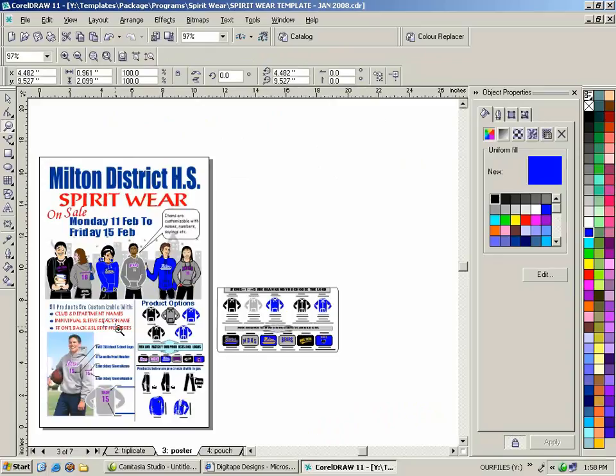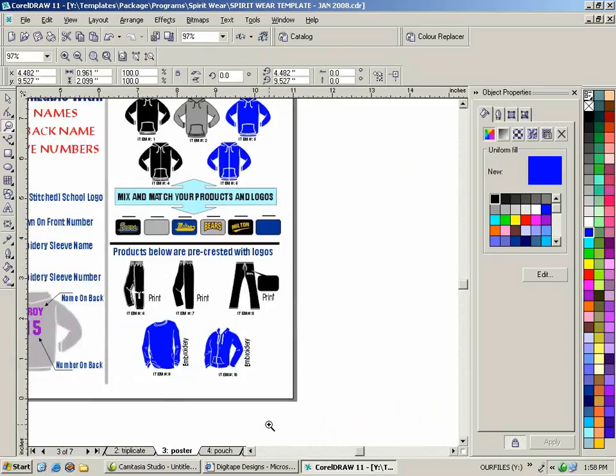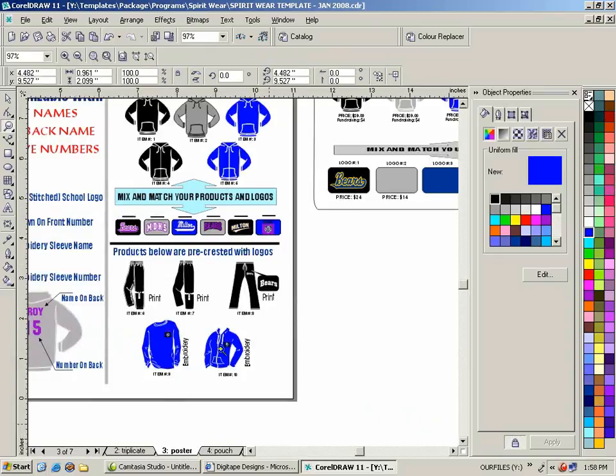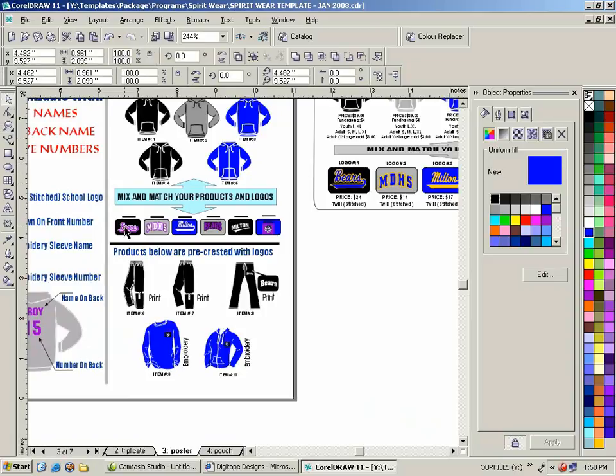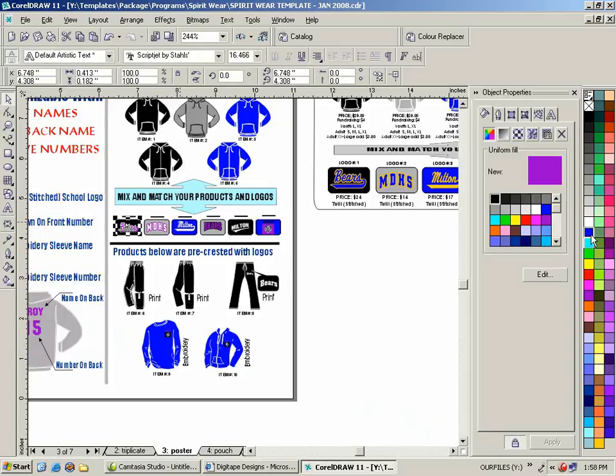And now I'm going to change the graphics to the correct colors. So the first graphic is logo number 1. It's solid blue fill and a gold outline. You can either change it or just copy and paste this whole section over. I'm going to show you